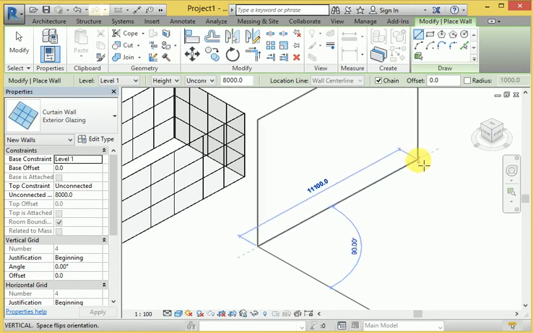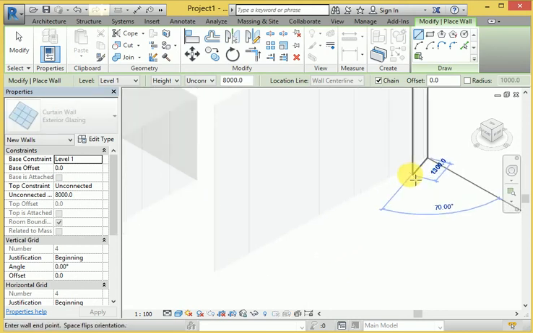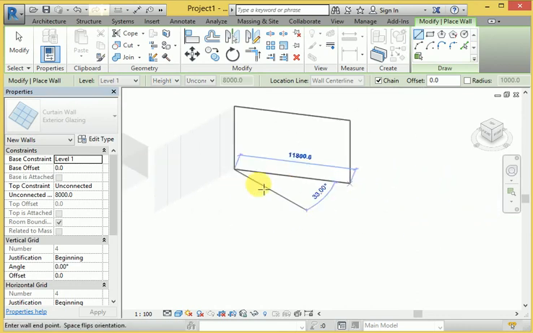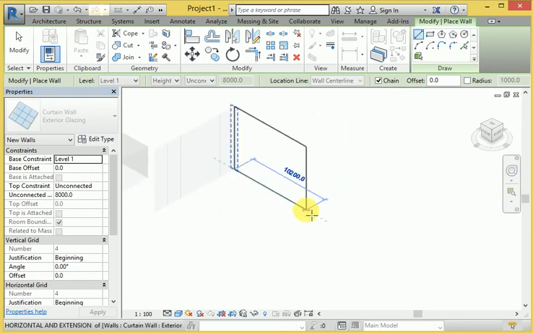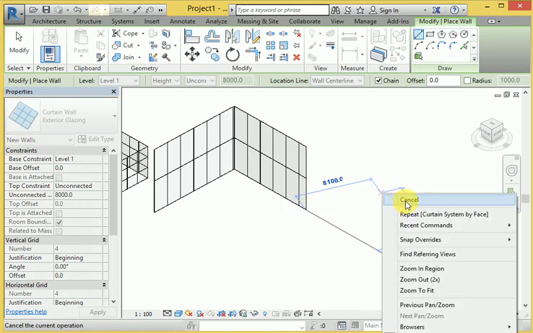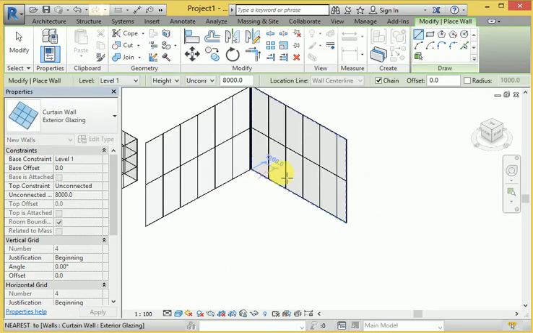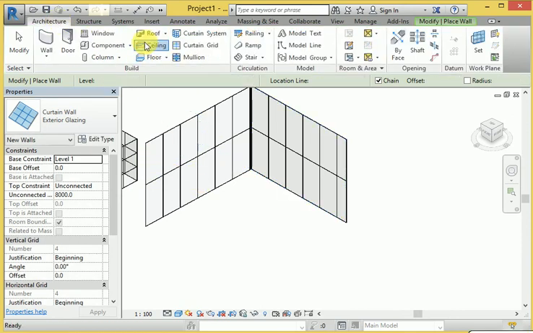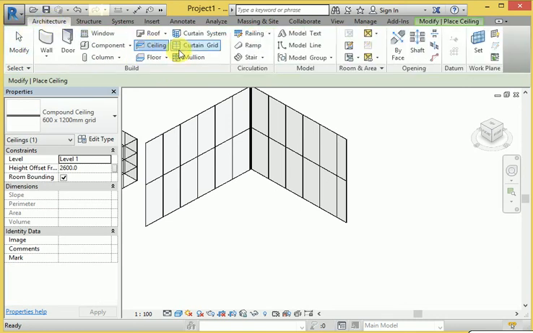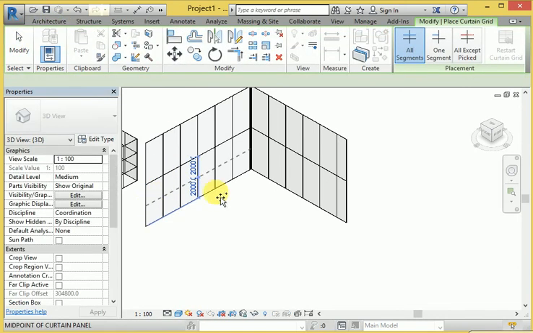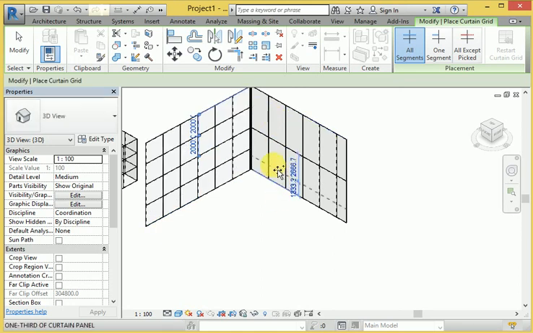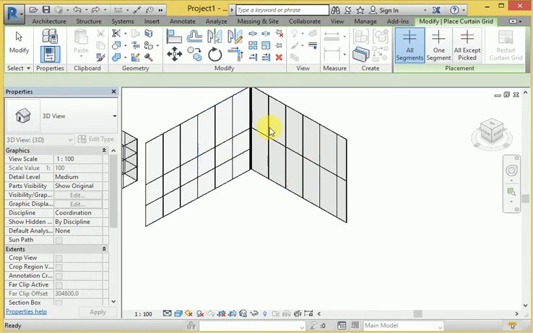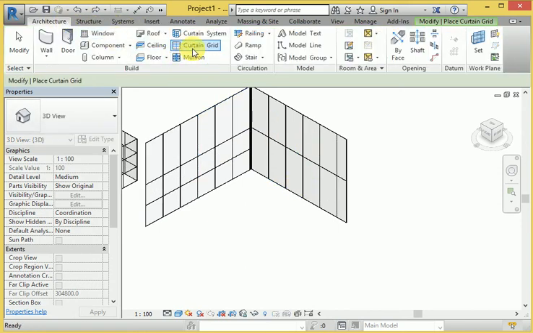So this one I create as one wall, and it has been created. This already has the curtain with two particular sizes, but if you want to change the curtain grid, when applying the curtain grid, we will use it according to our need here.